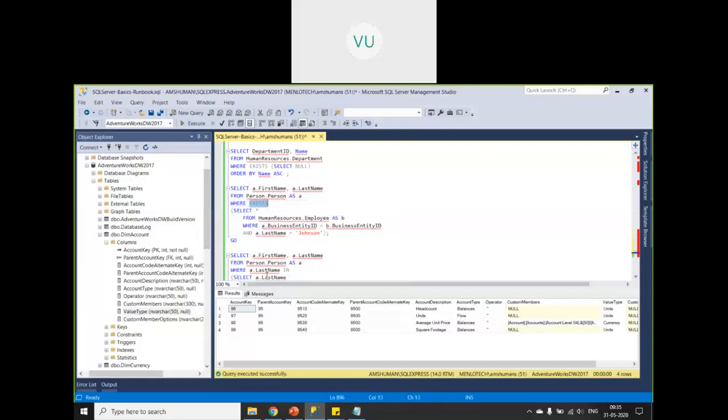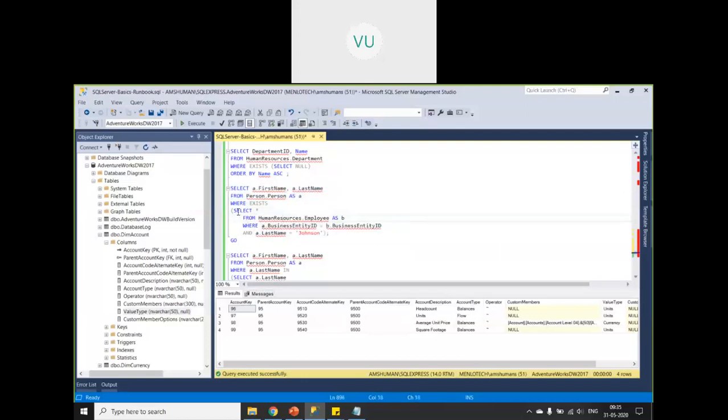It exists or not. So the inner query will run, and if it is able to fetch at least one record, forget about the number of columns, it can be one or more columns, right? If it is able to fetch at least one record based on this condition or whatever I am doing in the inner query, it will return a boolean value saying yes, right? So that means it will apply that condition in my outer query. Okay. So if it is yes, it will select that particular record from my outer query.